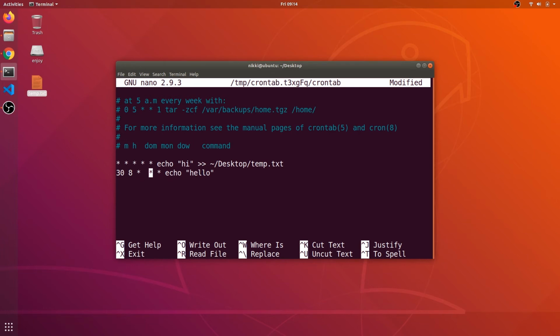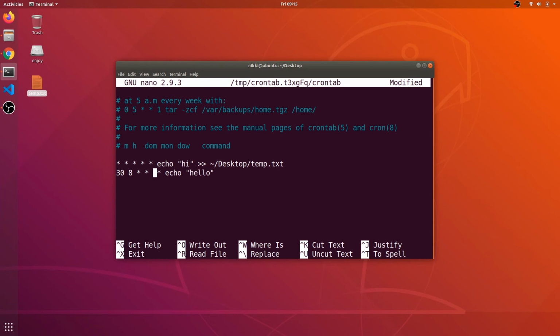You can check like that. You can check every month, right? I want to execute only in the 4th month but on all the days. So 30 stands for minute, 8 stands for hour, at 8:30 a.m. in all the days of the 4th month only, because we have specified only the month, and on all days of the week I want to execute this command.